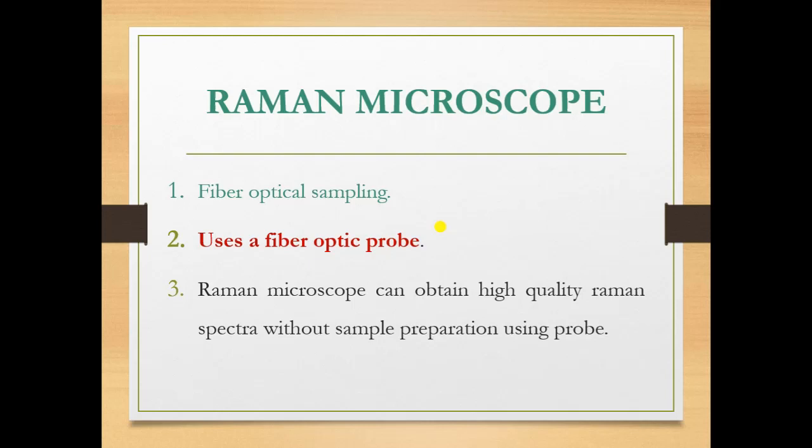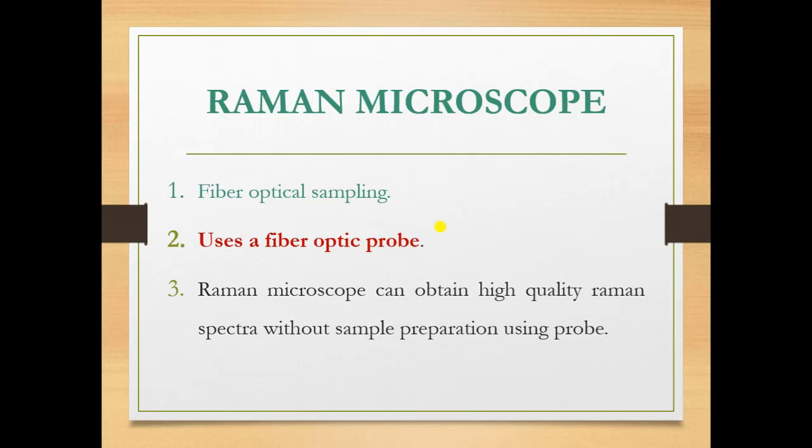It is based on the visible, or we can say near IR radiation, that can be transmitted for a considerable distance through the optical fibers. If we compare the microscope and spectrometer, in the microscope the sample is placed on a stage of the microscope where it is illuminated by visible light. After selecting the area to be viewed and adjusting the focus, the illumination lamp is turned off and the exciting laser beam is directed to the sample.